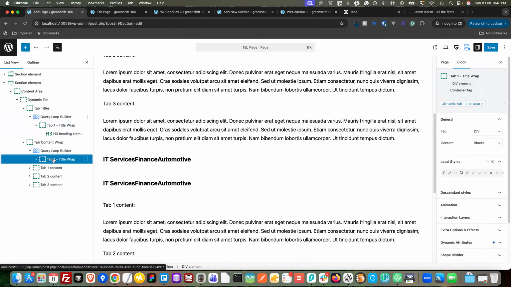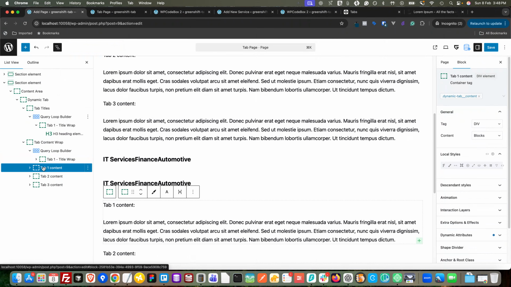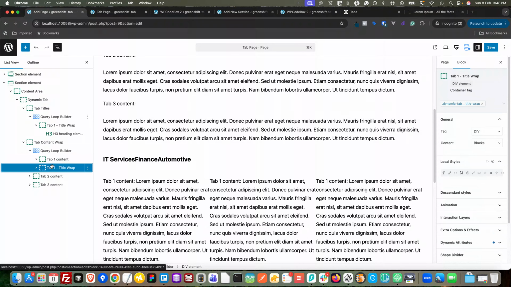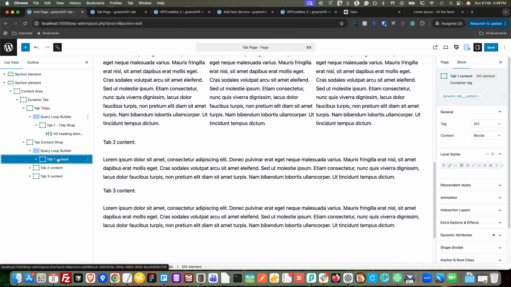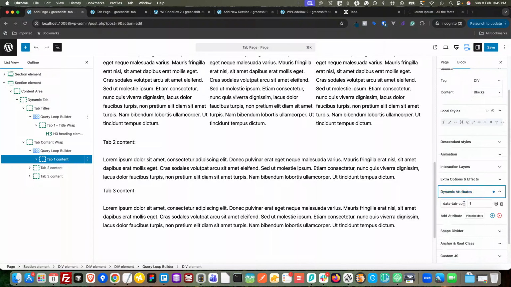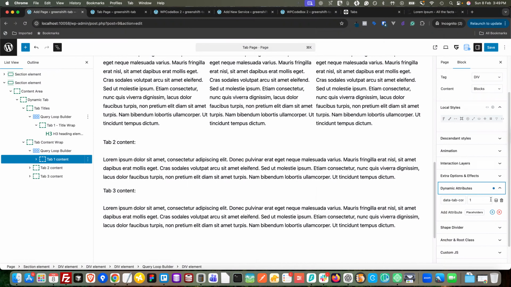On the tab option, we can move this content section and remove this. Also under the content tab content div, we are going to make the dynamic attributes